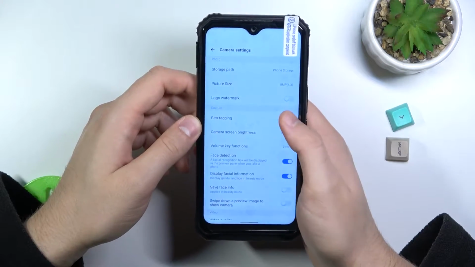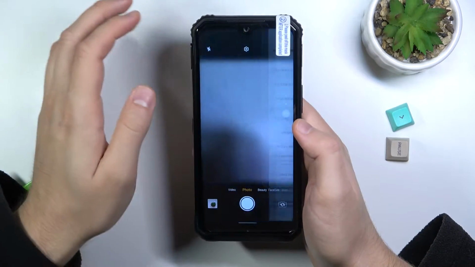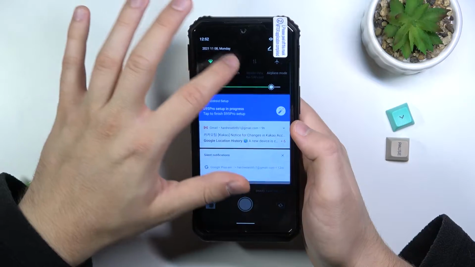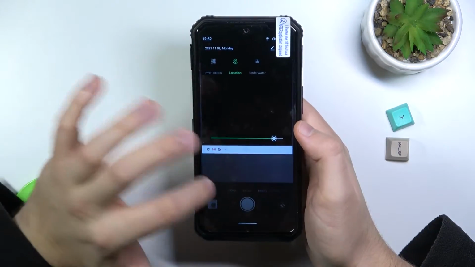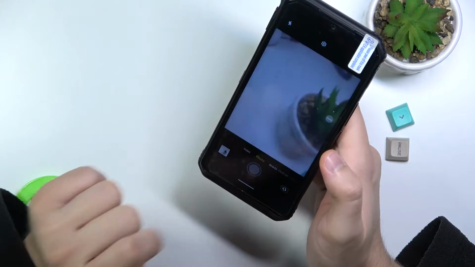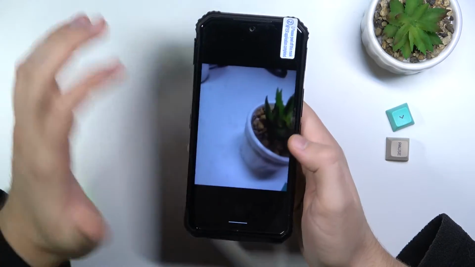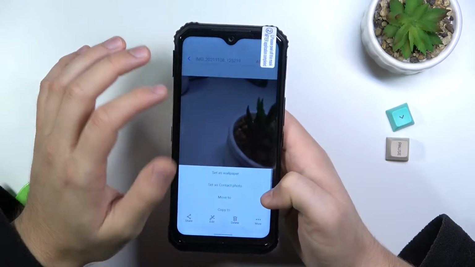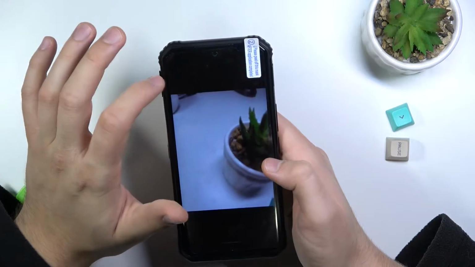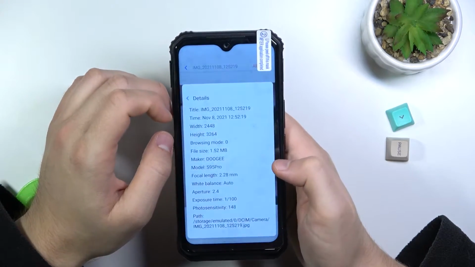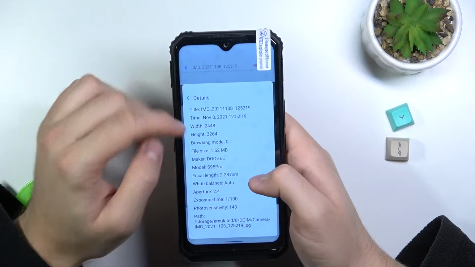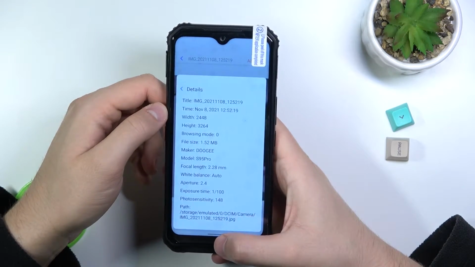We can also turn on location tags on the photos. So right now we have to be also sure that location is enabled on your phone. Turn on location, then just take photo. And when you go for the details, you will simply find the exact location where the photo was taken. Unfortunately, it's not popping here. So let me just